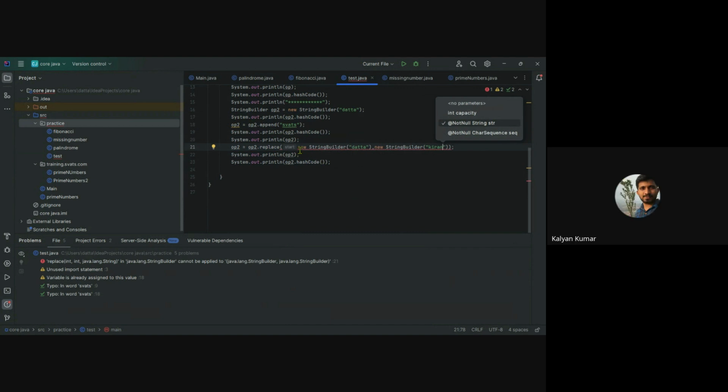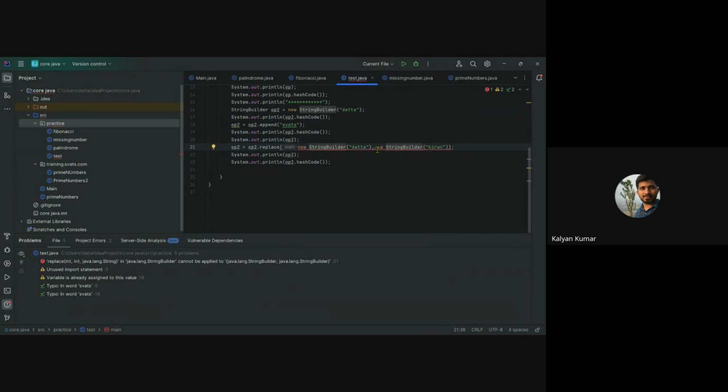Is it done? I think it's not allowing. Let me check the string builder class. We have this method here, which starts with the string.